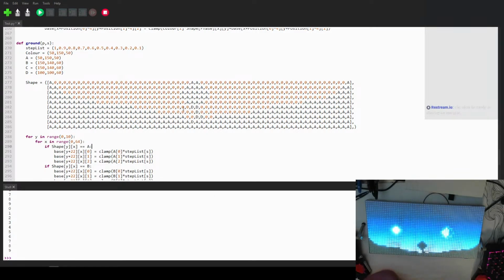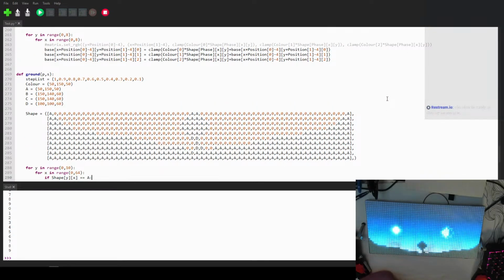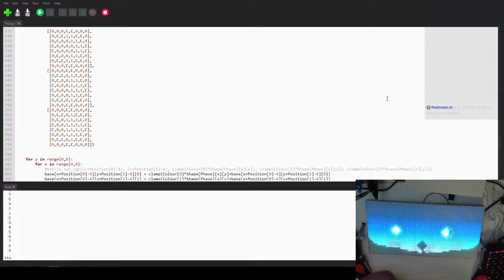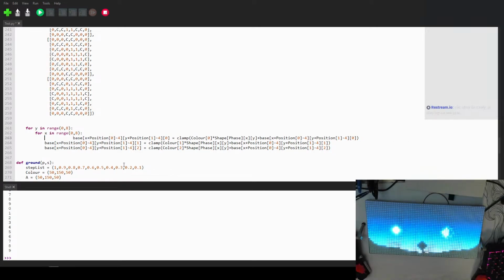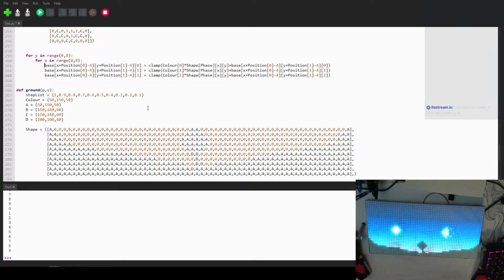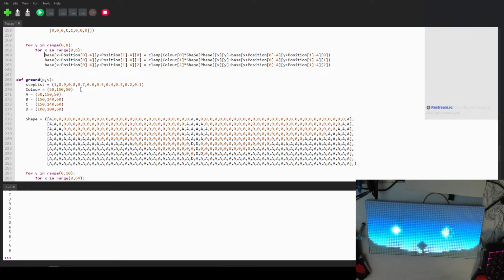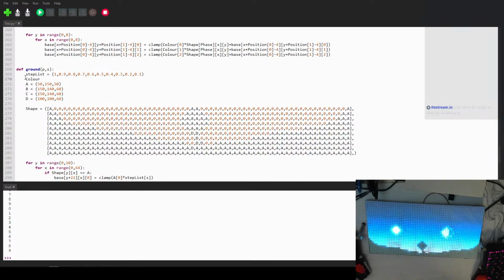So then I actually have to make my ground. Cool. Take this. Take it away. I think that can also go, and I could just state that these are